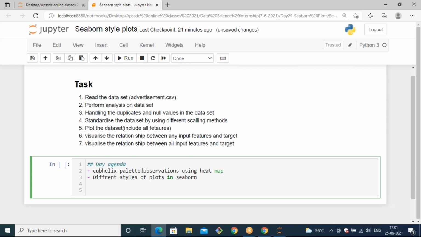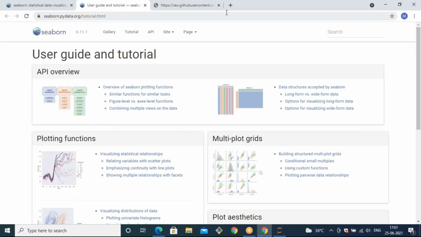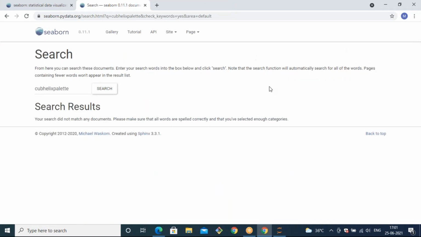And let's see the corresponding notebook or description about this. For that you need to open your Seaborn, and in the search you just type cube helix and select it, and it will open the supported results.